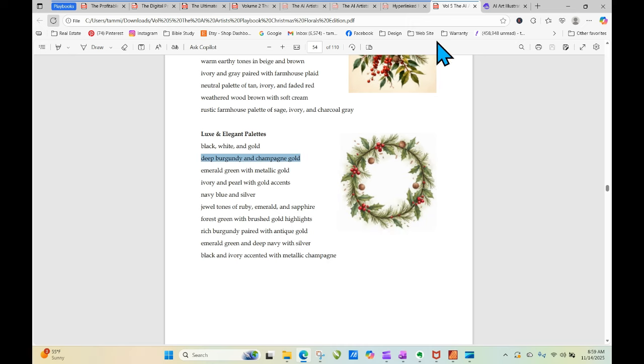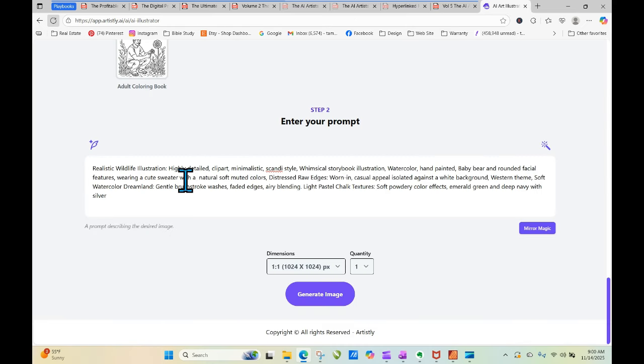We're going to use these colors, and we're going to tell a cute set with a Christmas gift package with, let's say, a deep burgundy, and then we're going to do the champagne package with a champagne